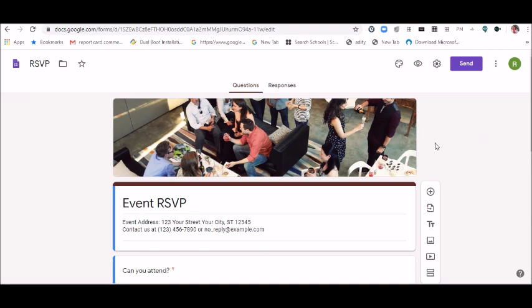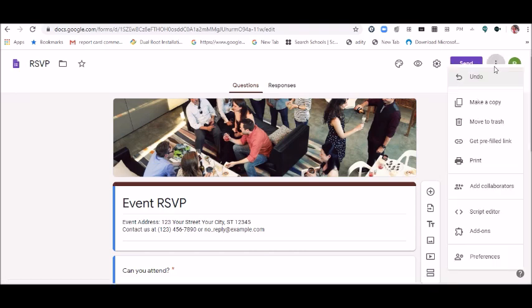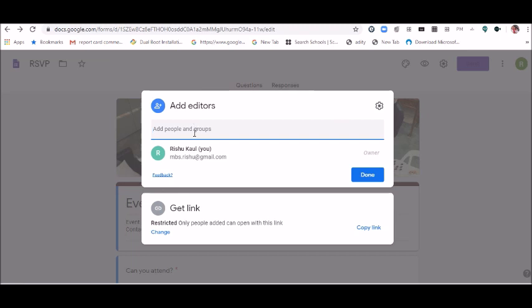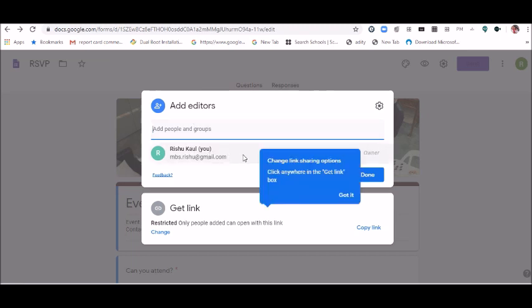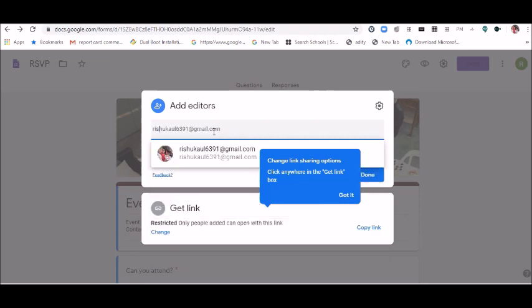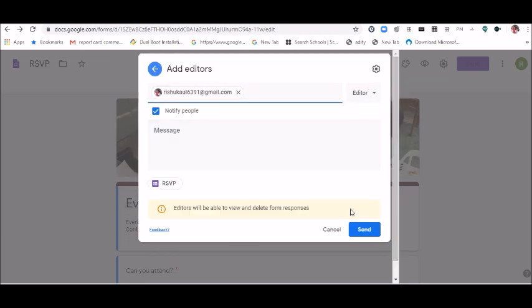To add a collaborator, you will go to the three dots present here, the more option, and click on the button add collaborators. When you click on the button, you will see a window like this. Right now you can see my email ID, and if I want to add editors to this particular form, I can write my another email ID here. Again, it is saying notify people. That means this particular email ID will get a notification that it has received the editorship for this particular form. So now I will click on the send button,